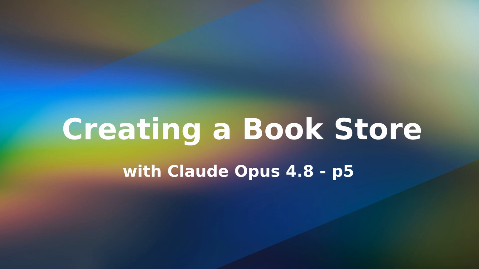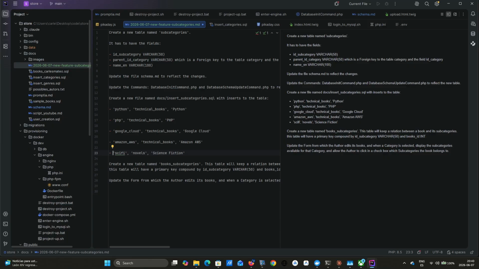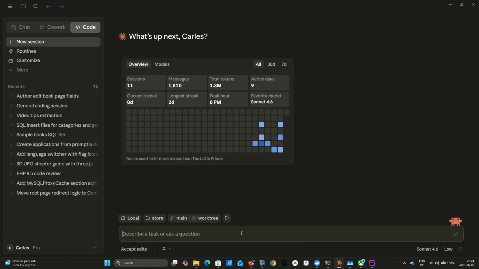Creating a bookstore with Claude Opus 4.8. So we are going to add subcategories. We will add subcategories as a new table in the database, new fields. I switched to model Opus 4.8